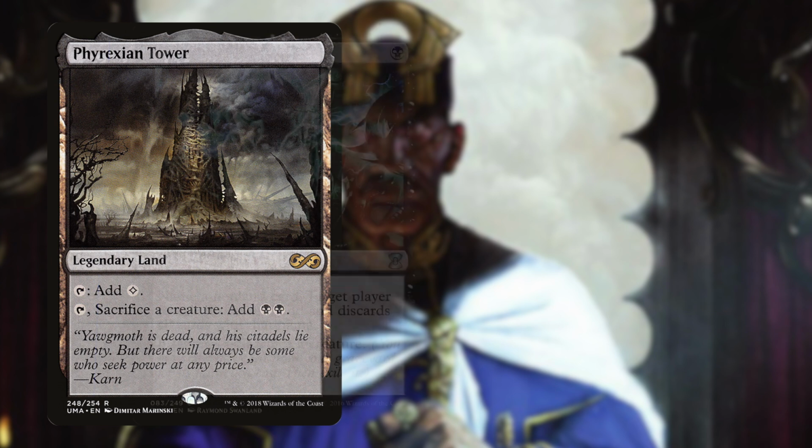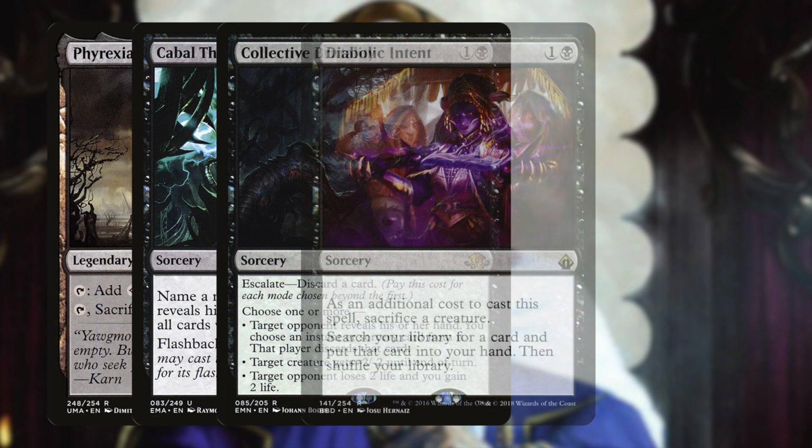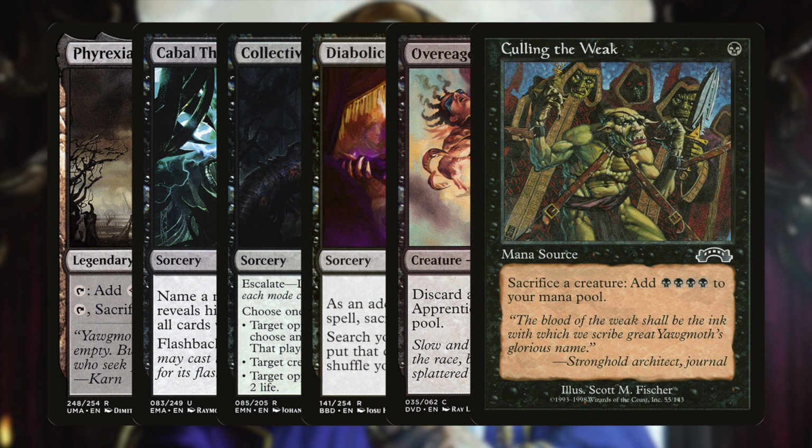So sacrificing creatures is only really vital if we're working on a buried alive loop with Garza's Assassin in our graveyard. But the things that you should be looking out for that are going to net you the sacrifice are Phyrexian Tower, Cabal Therapy, Collective Brutality, Diabolic Intent, Overeager Apprentice, who's an all-star in this list, Culling the Weak, and Plunge into Darkness. Now, of course, Sacrifice itself will do that, but that's generally only reliable on a combo turn